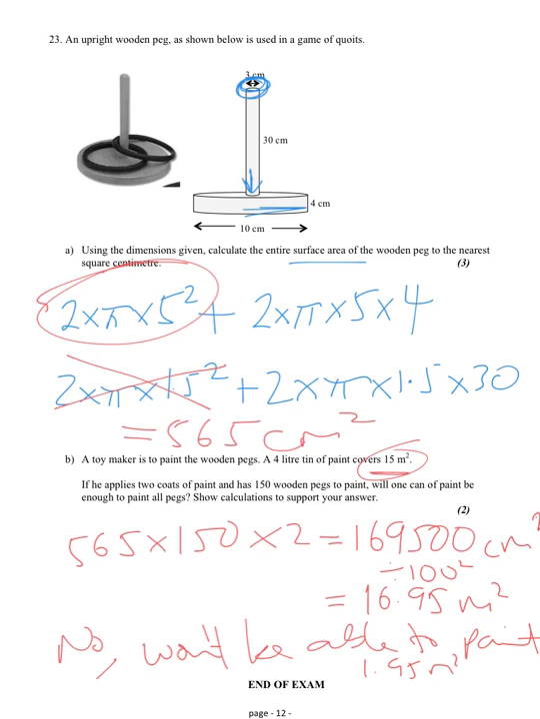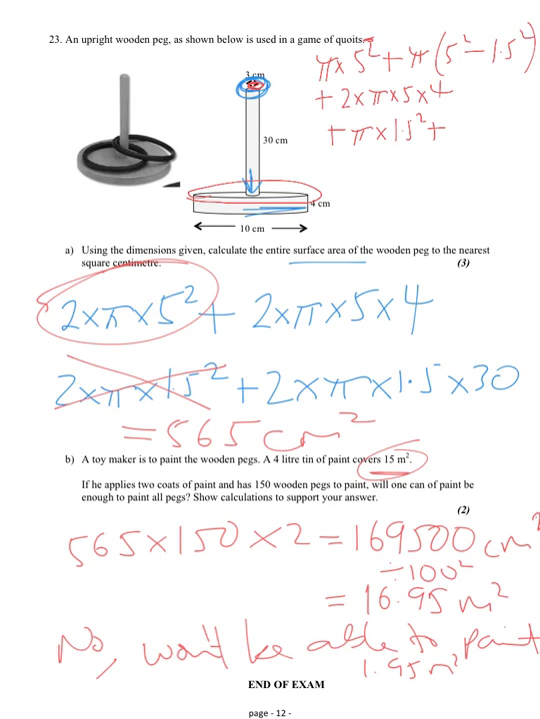Now, if you didn't like part A, the way I explained it, the other way is obviously, okay, we have the bottom circle, which is pi times 5 squared, plus the top annulus, which is pi times 5 squared minus 1.5 squared, plus we have the round bit, which is 2 times pi times r times height, plus we have the top circle, which is pi times 1.5 squared, plus we have the round bit, which is 2 times pi